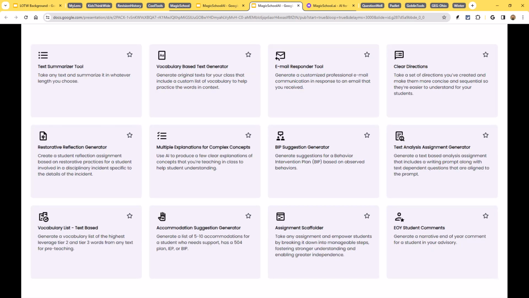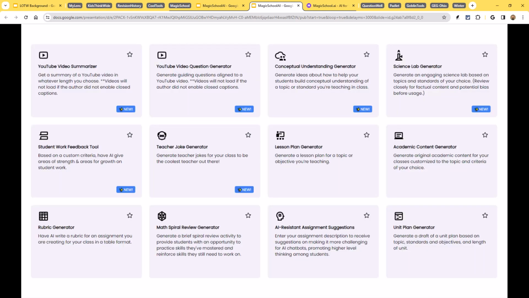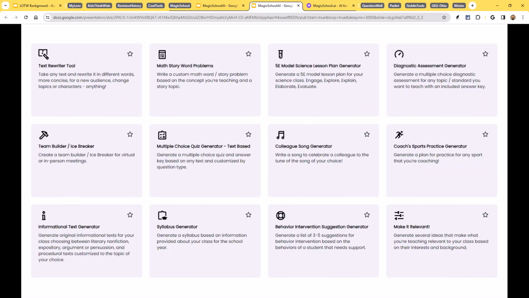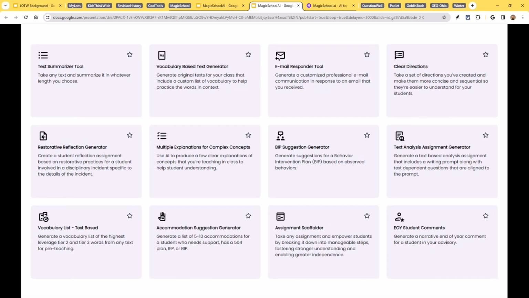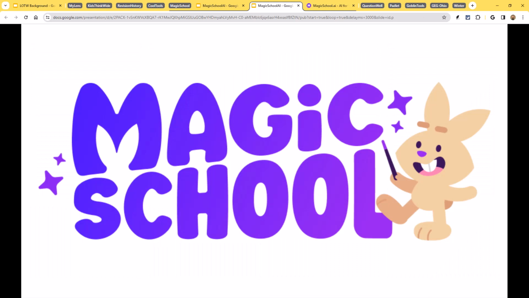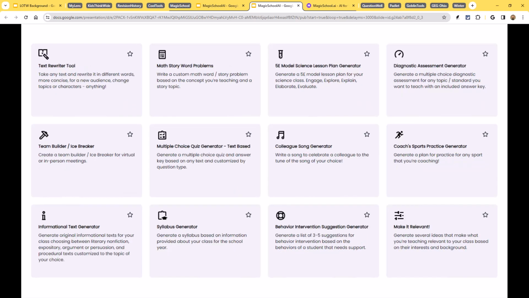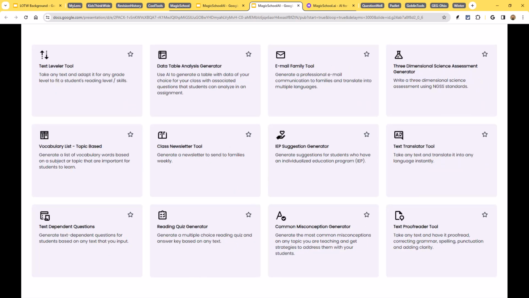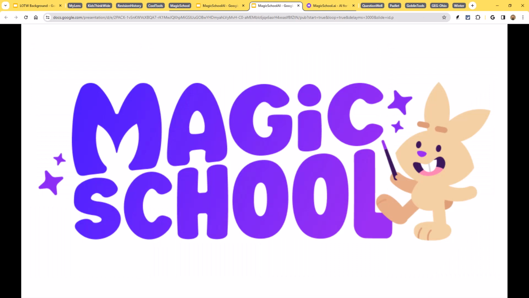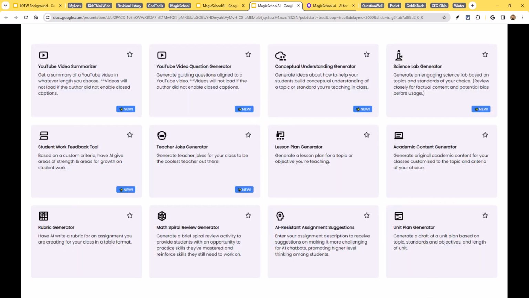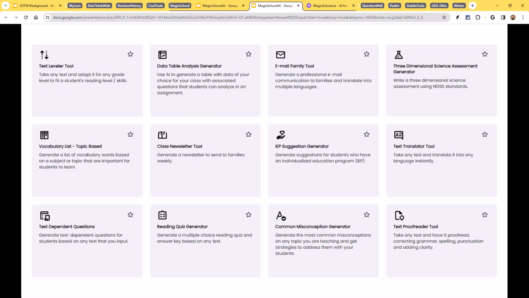So it's like you could go to ChatGPT or Bard or Microsoft's Copilot or any of the other AI tools out there, and yes, you could type in these prompts yourself to say, hey, I want to have a lesson plan generated on such and such a topic. But sometimes it can be a little intimidating to go to ChatGPT and just see a blinking cursor there and you're like, I'm not sure what to type in. So basically what they've done here at MagicSchool AI is they've created really nice prompts where you're going to go in and give a little bit of information, like you'll put in the subject area or the grade level or the topic, and then it's going to be the